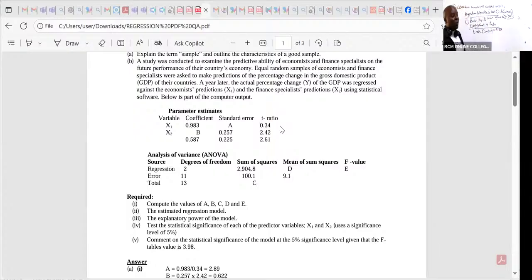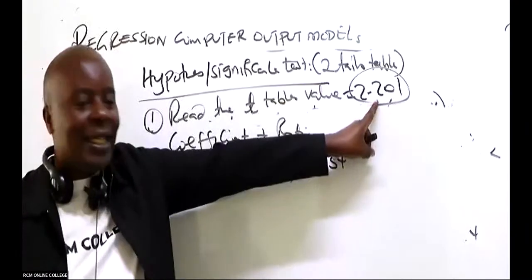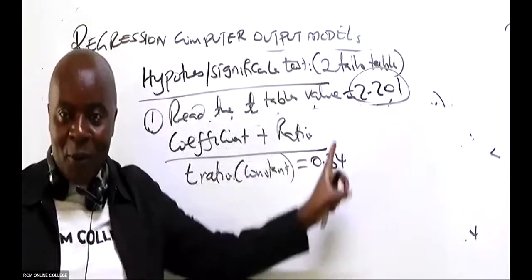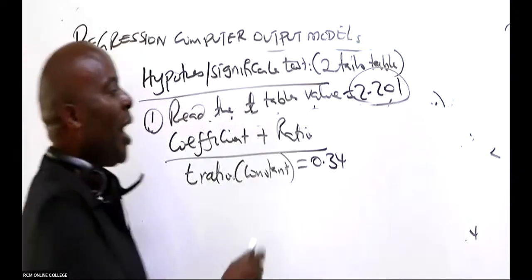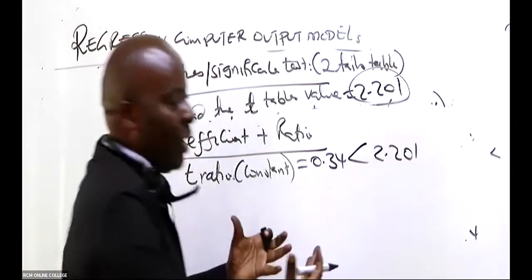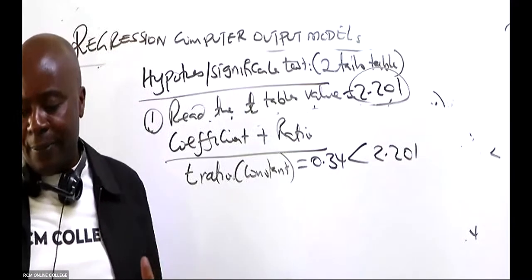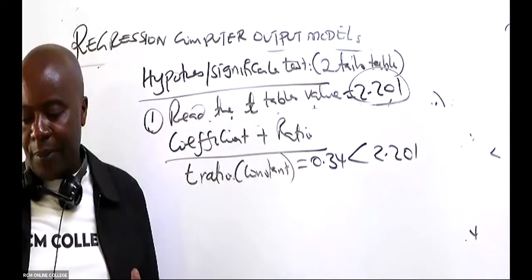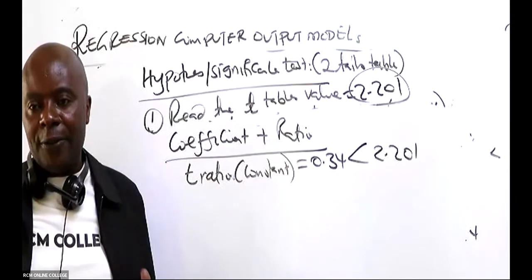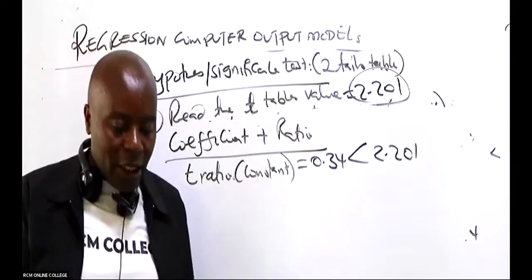Yeah, so 0.34, and this 0.34 is insignificant. It's smaller than the significance value. This is smaller, isn't it? So in this case here, you say this is less than 2.201. It's not big enough. It is insignificant. So you simply tell us that the constant is insignificant,